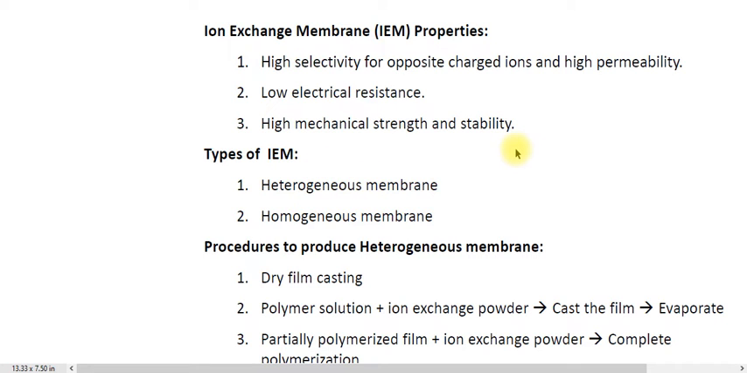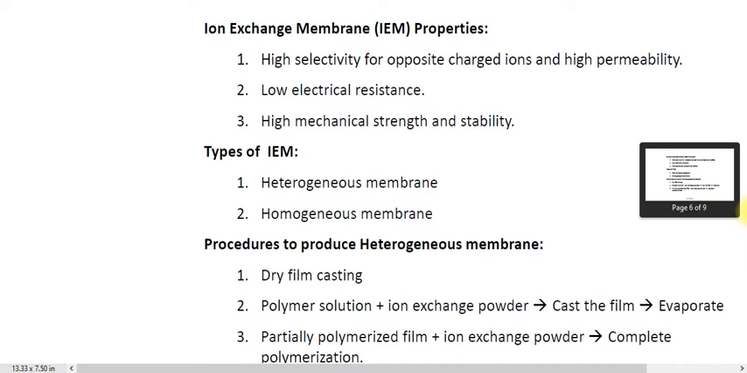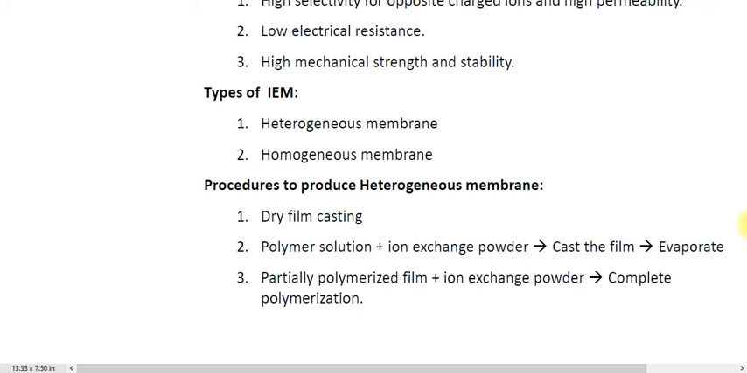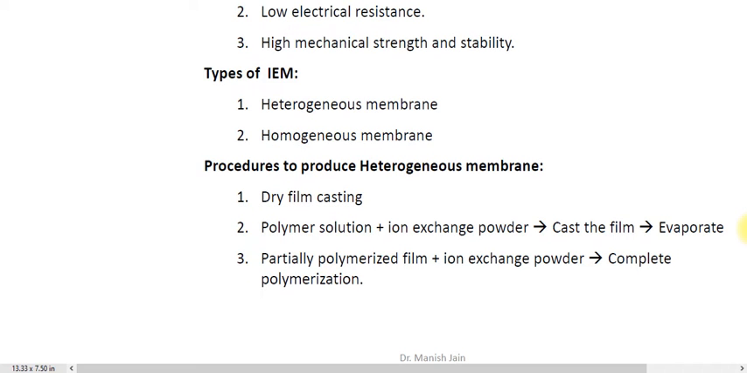Now, the types of ion exchange membrane. There are two different types of ion exchange membranes. First is the heterogeneous membrane, and second is the homogeneous membrane. Heterogeneous membranes are membranes where you have a polymer matrix, and you mix the ion exchange material or conducting material, or any positive charge or negative charge material, into it. This can be made by